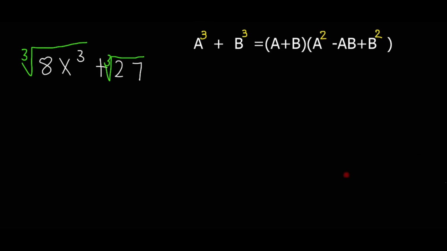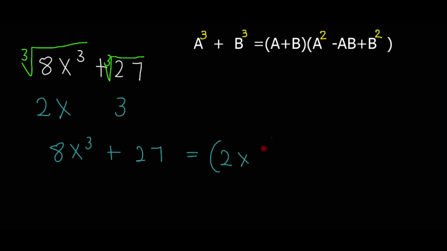So from there, the cube root of 8 is 2, and then the cube root of x cube is x. Remember this cube root of 8 and then x cube, so that is why we cube everything, and then the cube root of 27 is 3. So from there we plug in the formula. x cube plus 27 is equal to, and then our a is 2x, and then our b is 3,